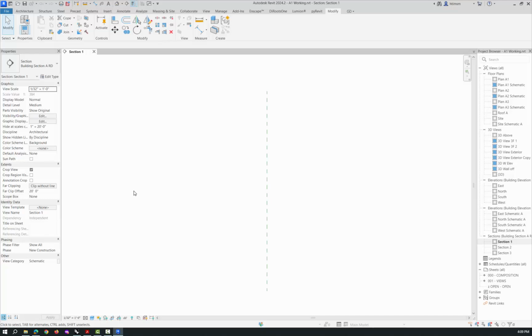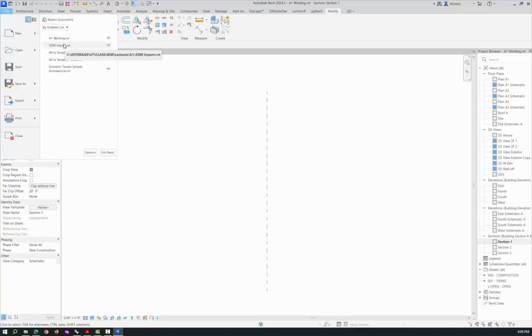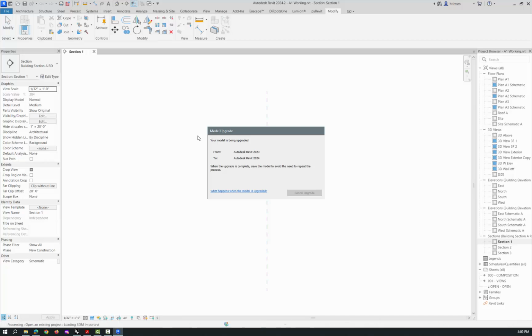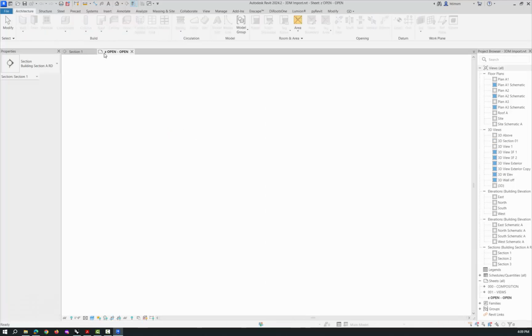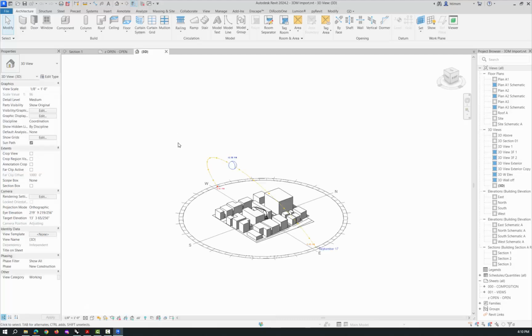If you open another Revit file, so I just have this Revit project that I saved, but if I go to File and open one, so I'll open up this guy, it will actually open up another Revit file within the same instance of Revit and just put another tab up here for it. So now I have a whole other model open in here. You can open up multiple families and models, just keep opening them up within the same instance of Revit. It's not like Rhino, where you open up another instance of Rhino to get another model open. All right, so that's the basics of this right off the bat. We'll come back and import the Rhino